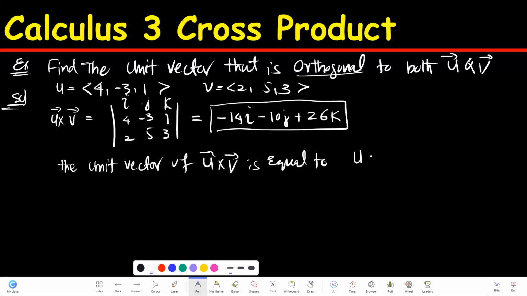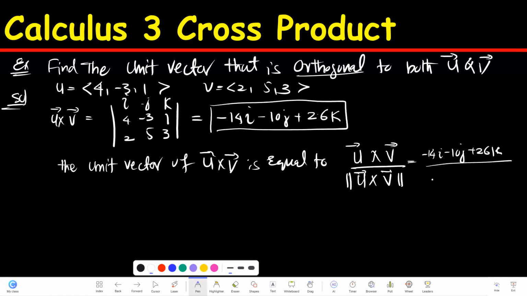I'm going to take u cross v and divide it by its own magnitude. That's what we learned earlier, right? If I take the vector divided by its own magnitude, it's a unit vector. So I'm going to write this vector again: minus 14i minus 10j plus 26k